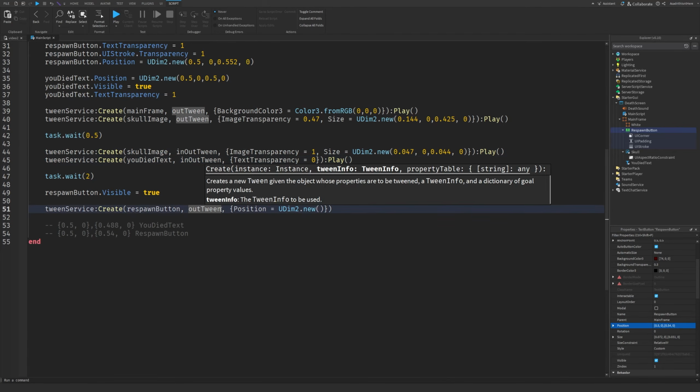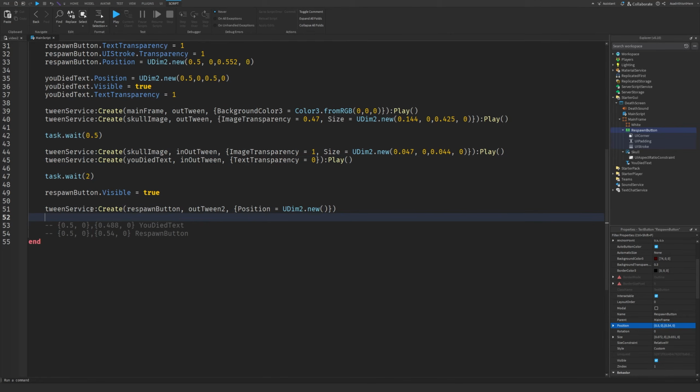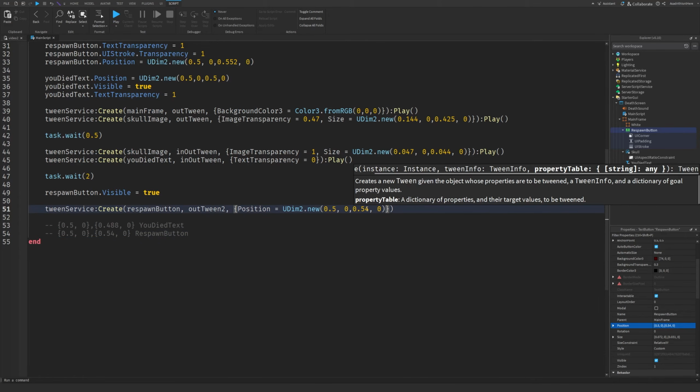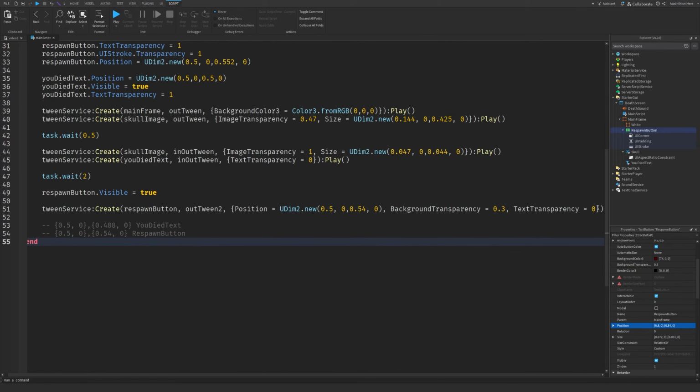Now for this one we'll use outTween2. Now in this tween we'll copy the position for the respawn button, paste it into here, remove the squiggly brackets, and we'll add a comma at the end. We'll change the BackgroundTransparency to 0.3, which is the current default, and then we'll change TextTransparency to 0. At the end, we'll add